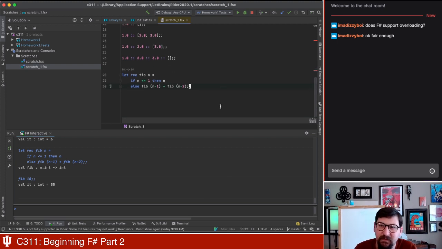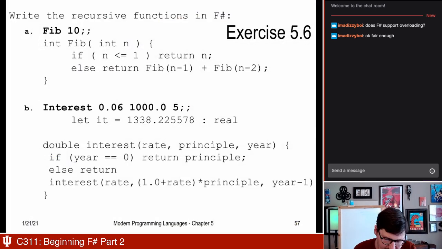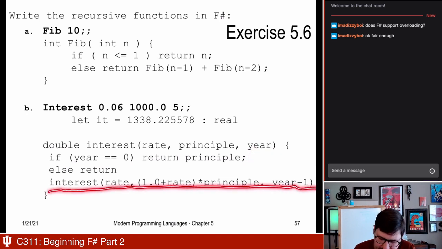All right. So now we have an interest function, and I'm just going to write this interest function. You can see it in the notes if you like. We have a function interest. Actually, I'll pop us over there real quick. We have a function interest. It returns a double, right? So we have a value that we expect. We have a rate, a principal value, and a year. If year is 0, then we return the principal, so there's one base case. Otherwise, we're returning some complicated